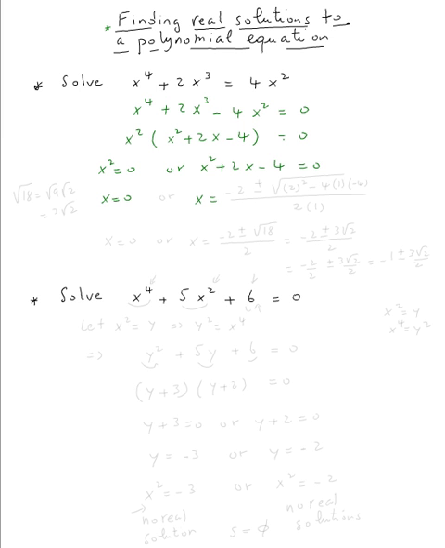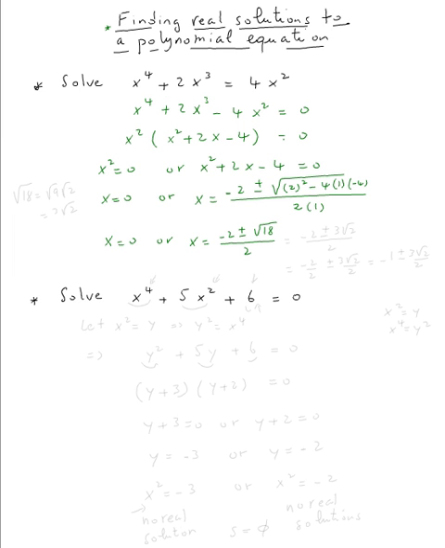The quadratic formula says x is equal to minus b, which is minus 2, plus or minus the square root of b squared, which is 2 squared, minus 4 times a, which happens to be 1, times c, negative 4, divided by 2a, which is 2 times 1. Now x is equal to minus 2 plus or minus the square root of 4 minus negative 16, which is 4 plus 16, so it's the square root of 20 over 2. Of course x is equal to 0, or